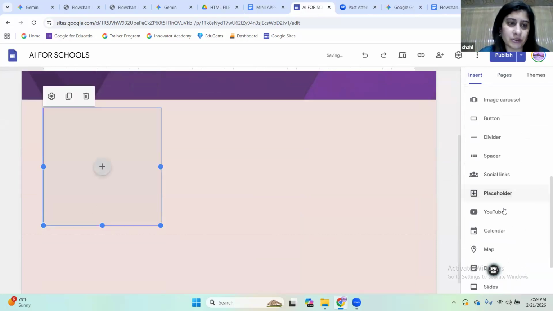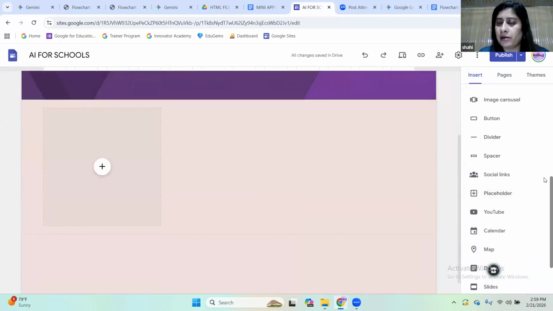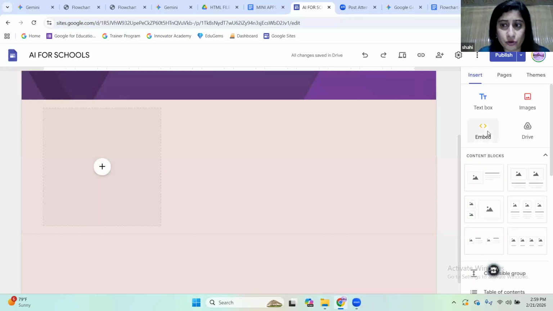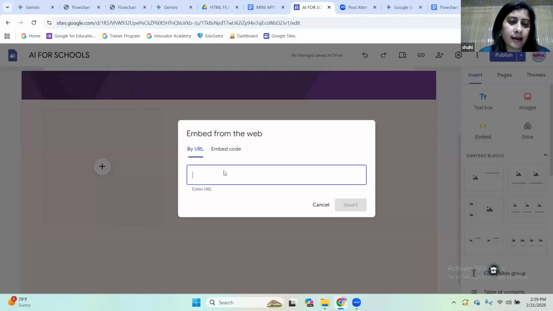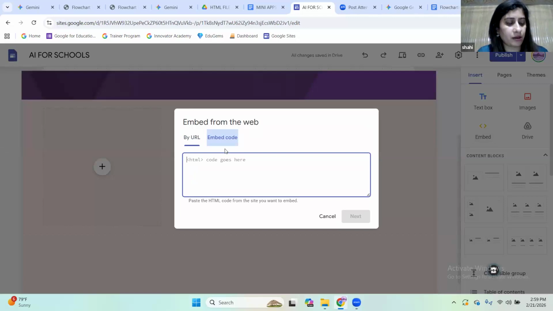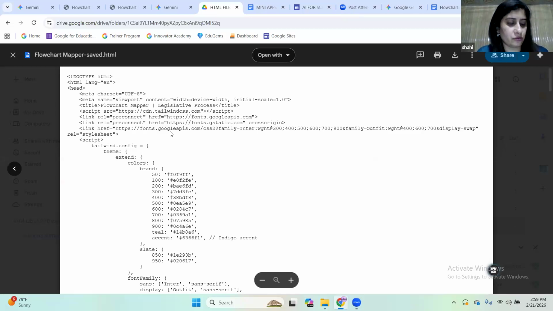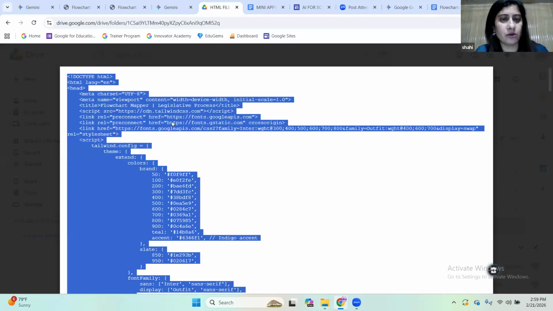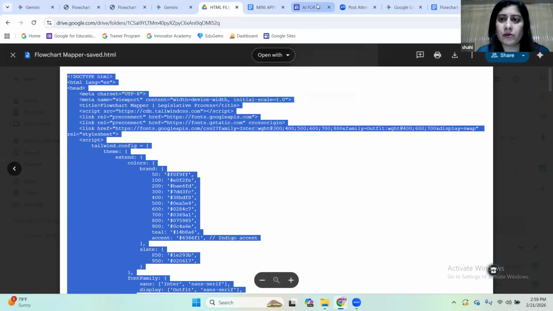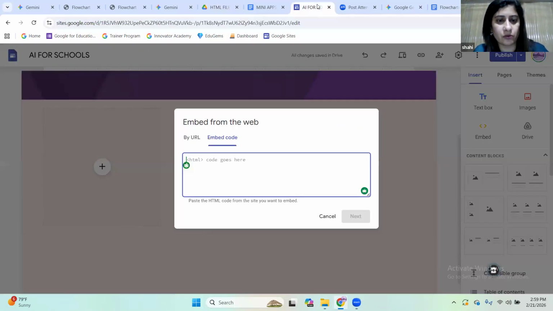So I have selected the placeholder here, and now I'm going to go back and click embed and embed code. Here, I'm going to select all, copy, and now paste the code here.